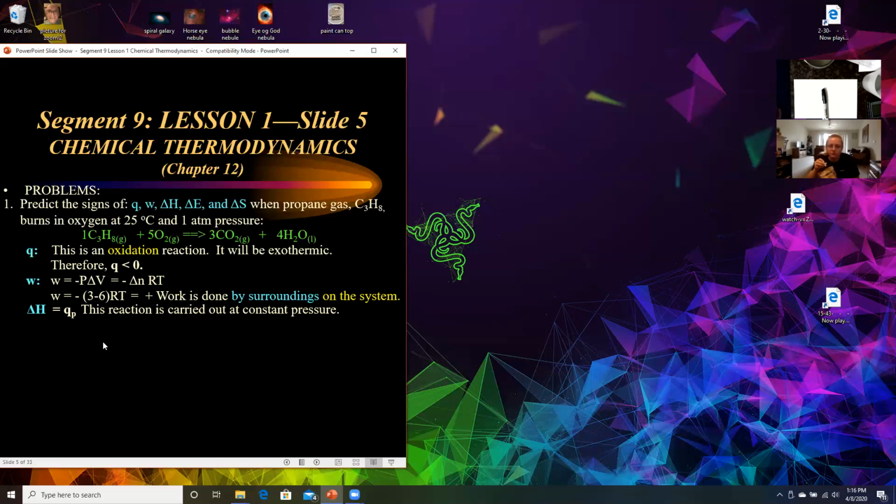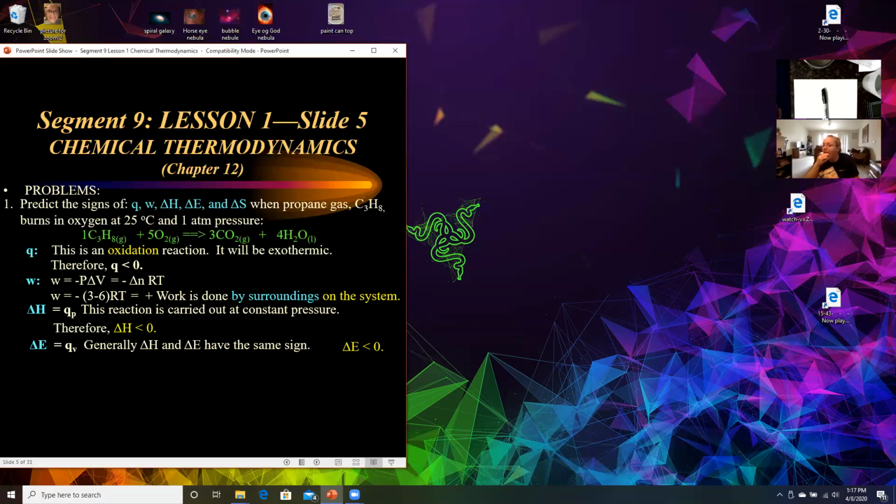Okay. Now delta H, well, we burn this stuff in air, so it's oxidative and it's going to give off heat too. And delta H is also going to be less than 0. Sort of aside, my experience has been that delta E and delta H always have the same sign. I can't think of a single example where that's not true. In fact, for some other reasons, I'd kind of like to find a process where they had opposite signs, but